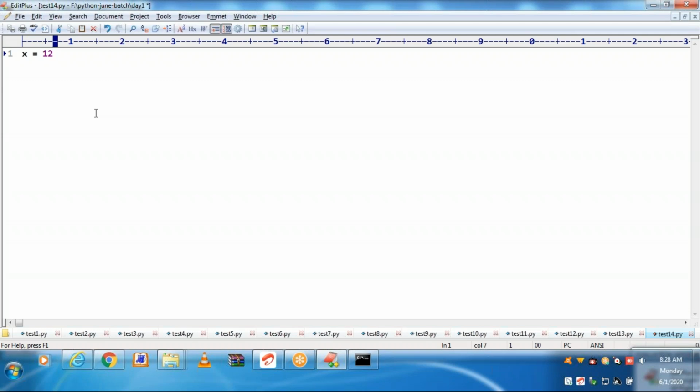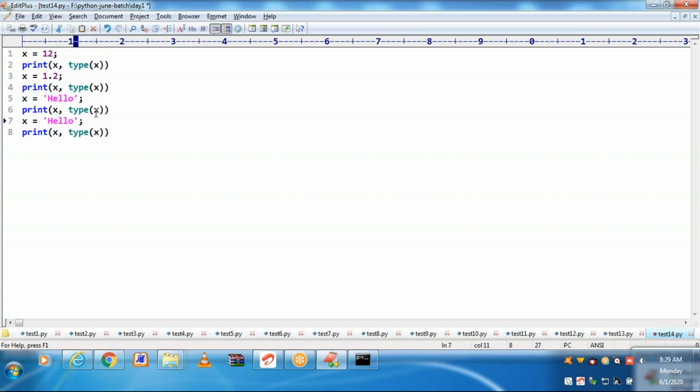X is equal to 12. Let me print X, comma, type of X as well. Go for Control J, 1.2. Select last two statements. Let's go for Boolean.